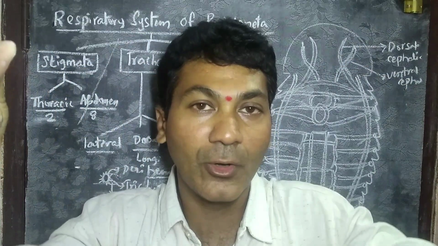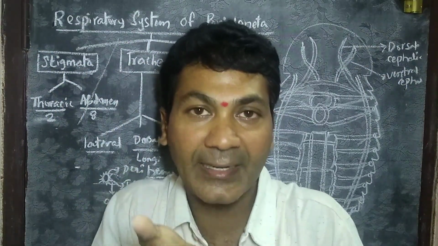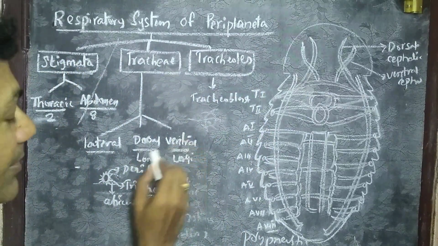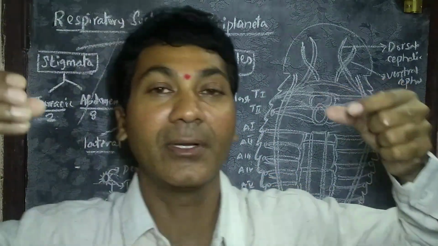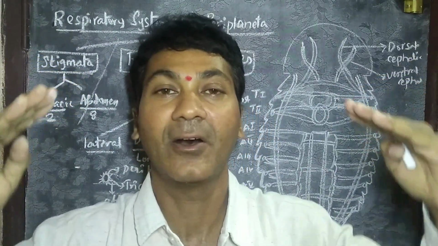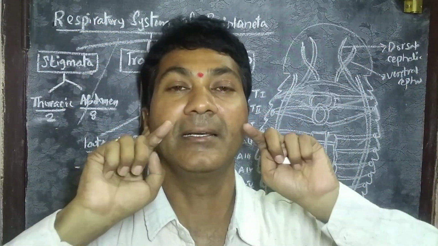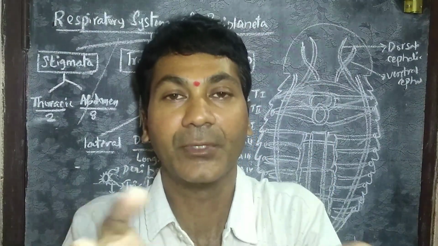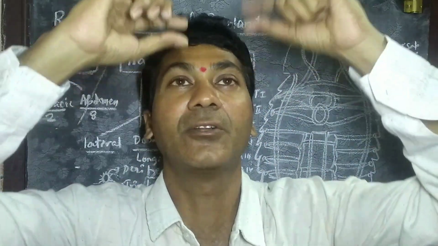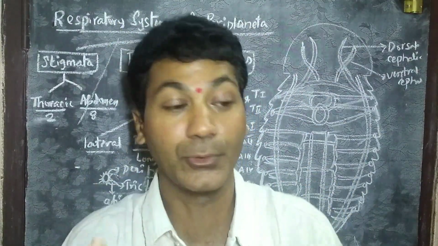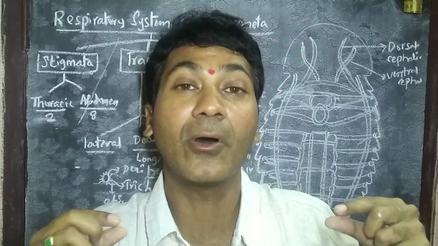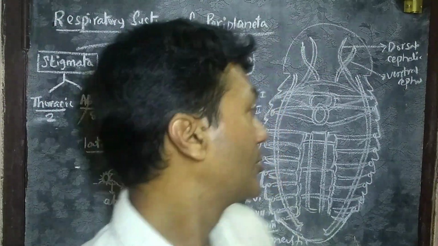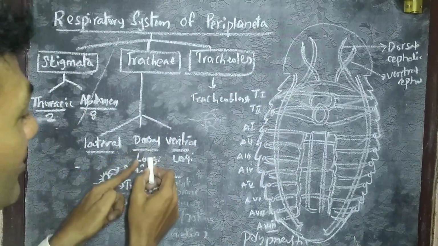In the same way, on the lower side, the ventral longitudinal. So dorsal longitudinal, ventral longitudinal tracheae. If this is a spiracle, right, this is the horizontal trunk. And this is the dorsal wall, dorsal side, and ventral side too. So ventral longitudinal, dorsal longitudinal. Apart from these two, the two long tracheae that run throughout the body are known as lateral tracheae. So lateral tracheae, dorsal longitudinal, ventral longitudinal.